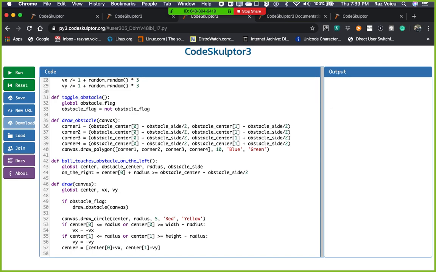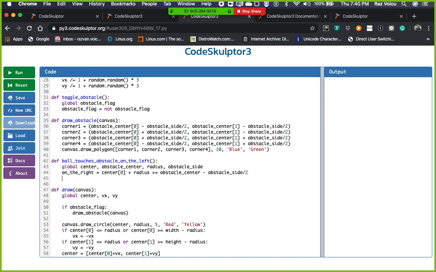So it has to be on the right, just touching, right? But it hasn't, so it shouldn't have gone beyond, right? Not yet